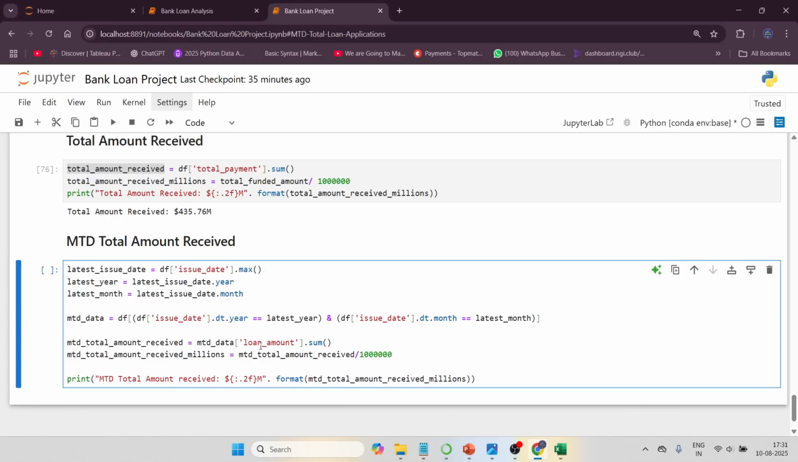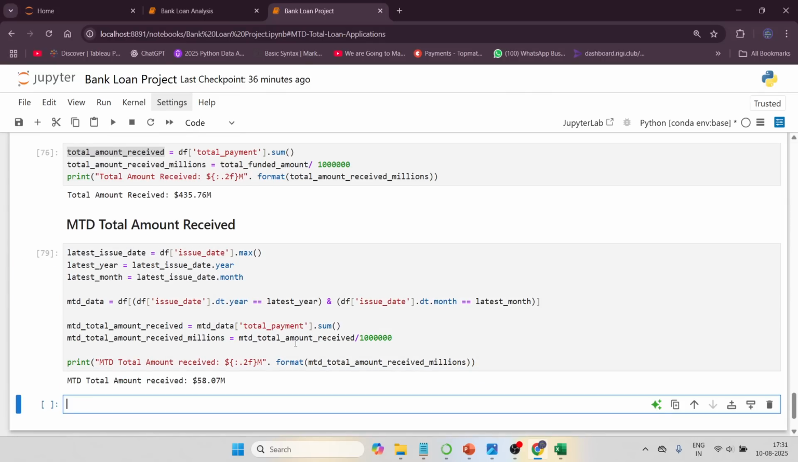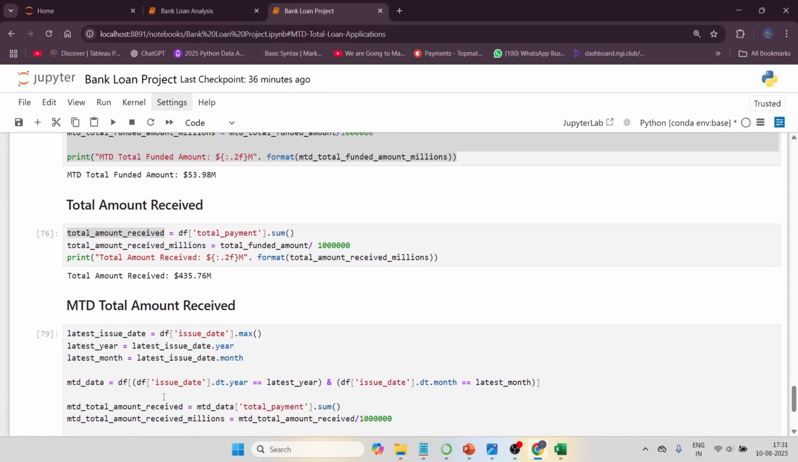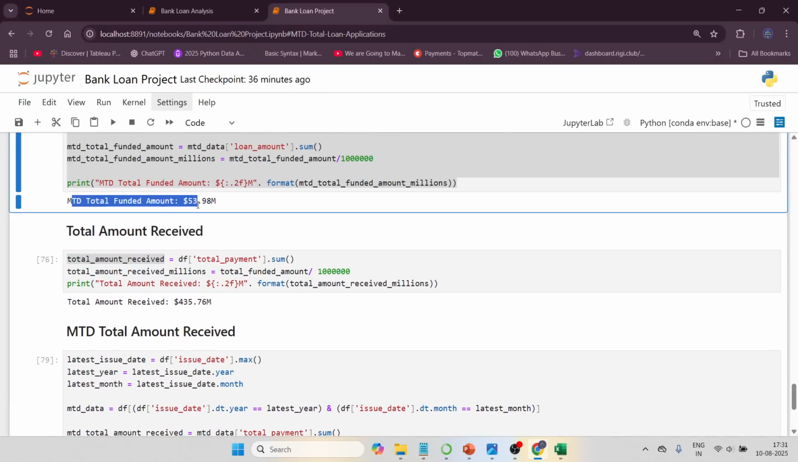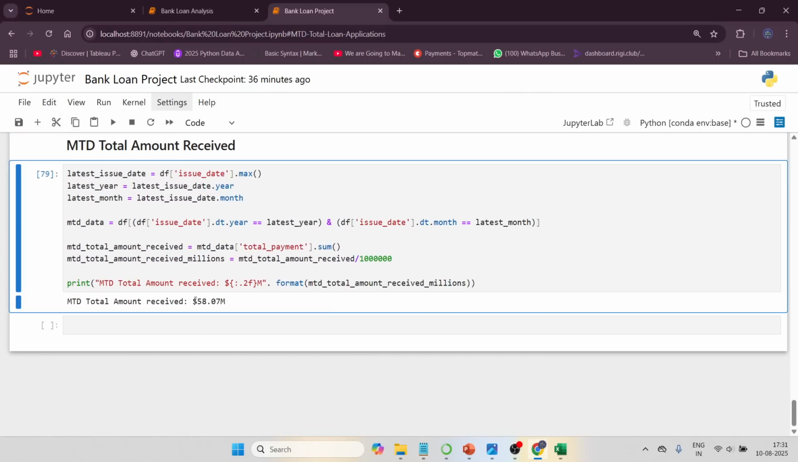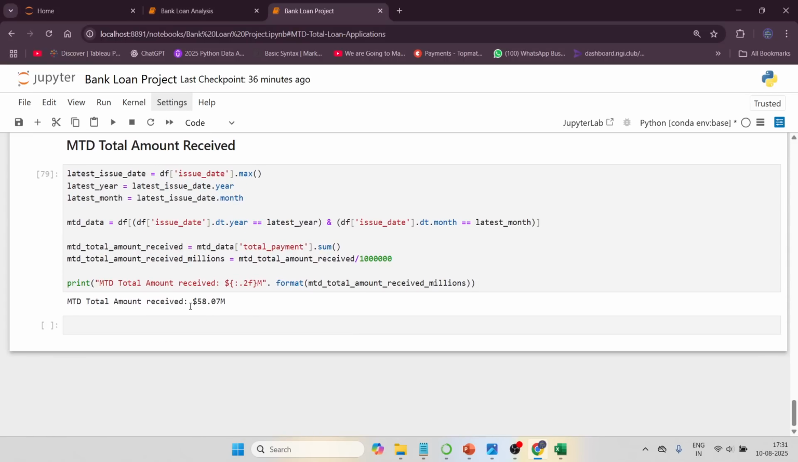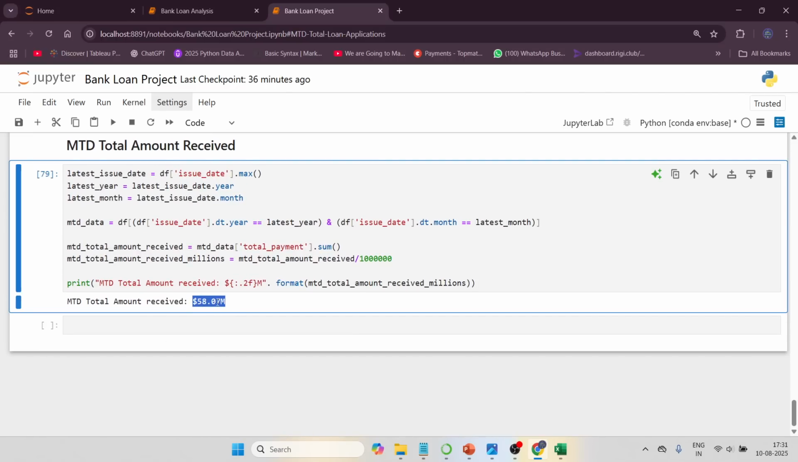Okay, and instead of loan payment, here it should be total payment, and run this. Okay, so this is what month to date total amount received. Here you can see month to date funded amount was 53 million, but received amount is 58 million. Means what? 53 million was given to the customer, but from other customers, whatever we were receiving, it was 58